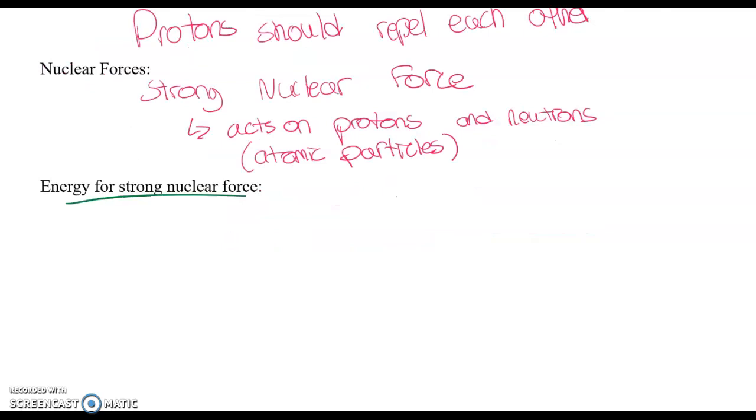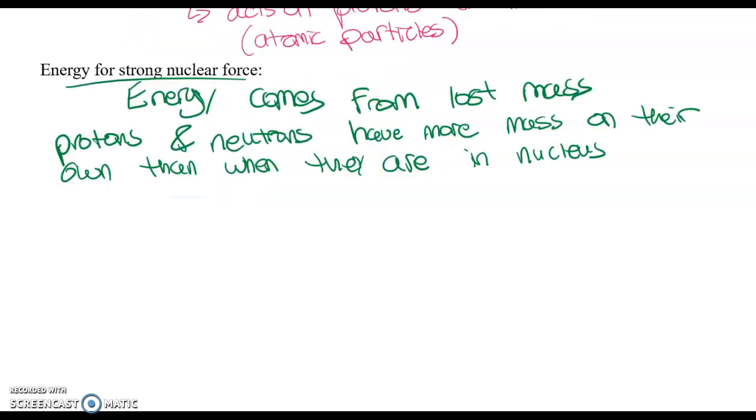And the energy for the strong nuclear force, right, where does it come from? It comes from the lost mass. So if you add up the mass of the protons and the neutrons that make up a nucleus, and you compare that to the mass of the nucleus, the actual nucleus has less mass. And how much less mass we're talking about is related to exactly how strong that force is, or how much